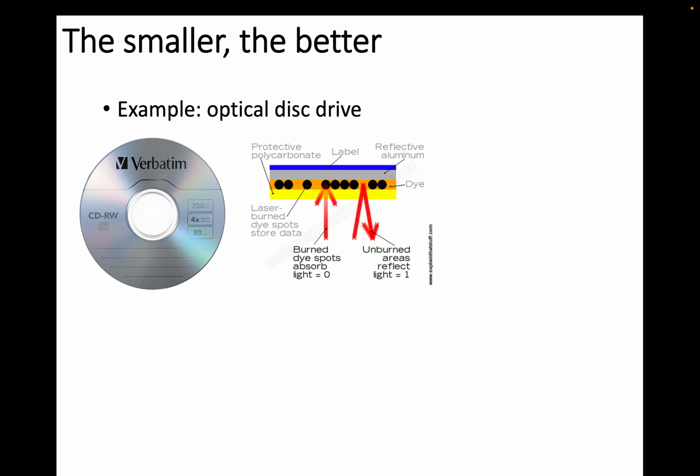Basically, digitizing. The way you do it is by using the laser. For example, if you burn the die, it absorbs the light, and that indicates 0. If it is not burned, if you just leave it empty, the light penetrates and is reflected from the aluminum layer, and that indicates 1. So by burning and not burning, you can create arrays of 0 and 1, and that is how you store the data and then read the data.